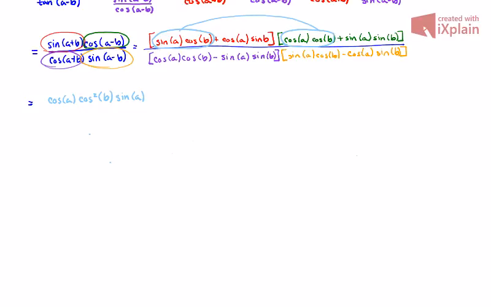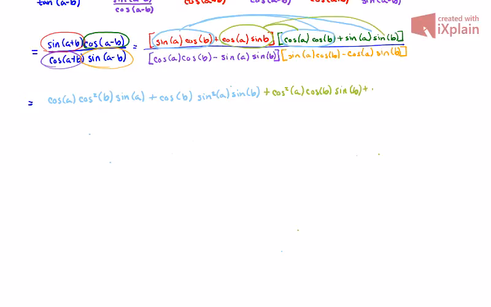Okay. I'm going to continue to map this out. What I suggest doing is pausing this video and trying to do the FOILing on your own. As I continue, I'm now going to go to this term. This is going to give me plus the cosine of b, the sine of a squared, the sine of b, and now we're actually going to go ahead and FOIL the next part. So this is going to be plus the cosine squared of a times the cosine of b times the sine of b